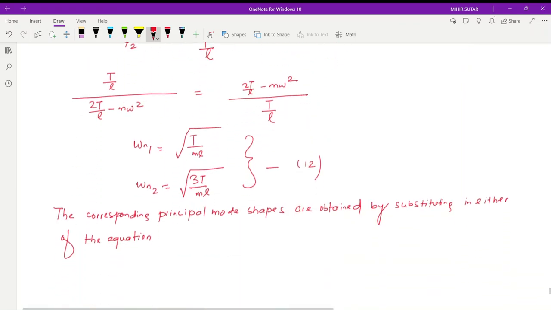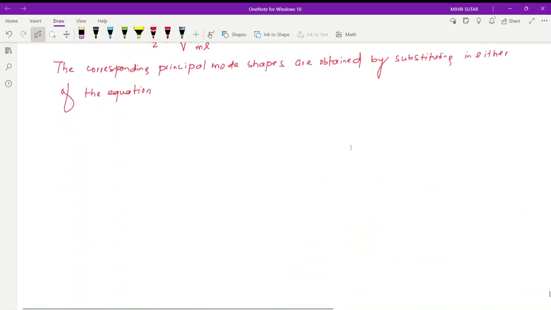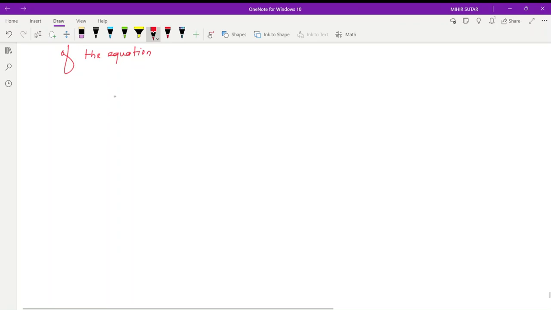Okay. So we'll get the first mode shape y1 by y2 as plus 1, and second mode shape y1 by y2 as minus 1. So if we represent them,